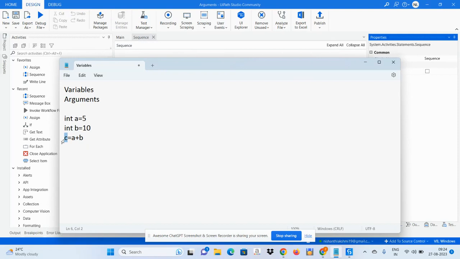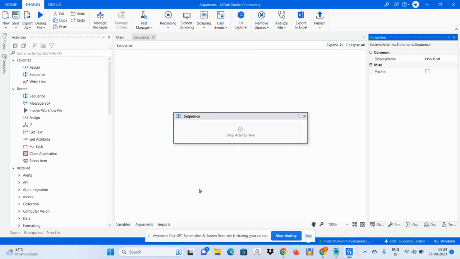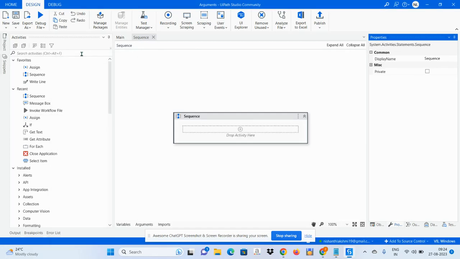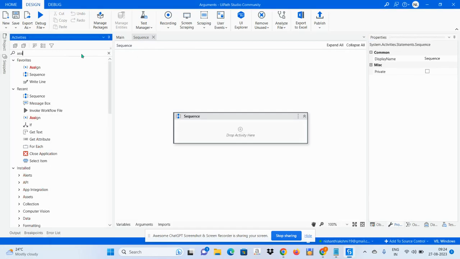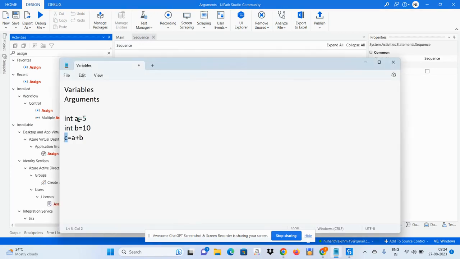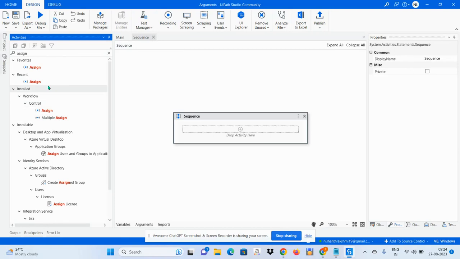right? Similarly here also we are going to do the same thing, but which activity do we have to use to assign these numbers? The activity name is Assign. So here also we are only doing assigning, right? A equals 5, basically we are assigning 5 to the variable a. So same thing, just use the Assign activity,